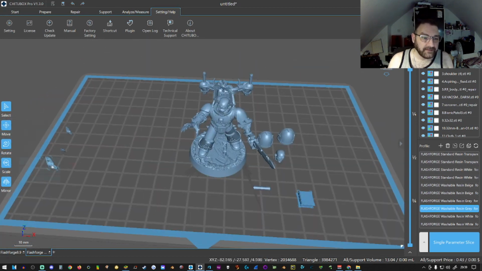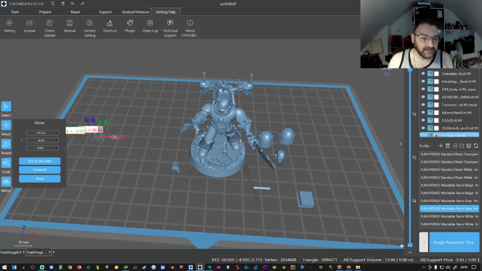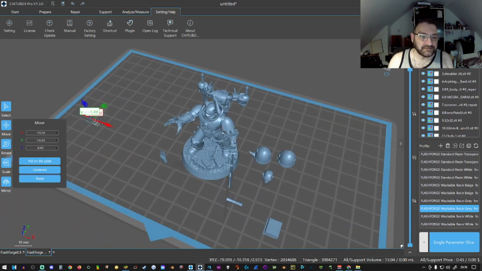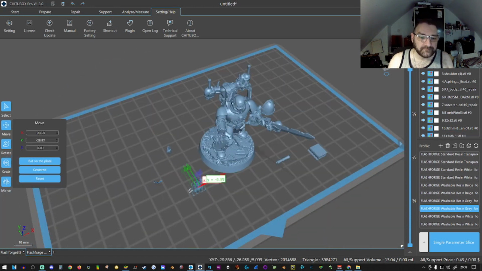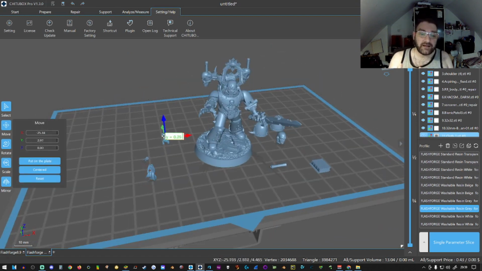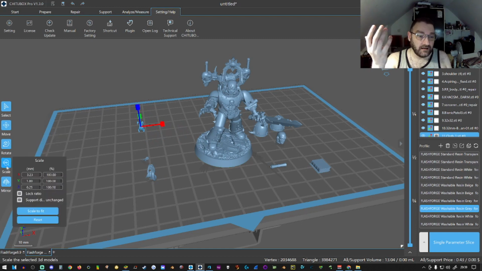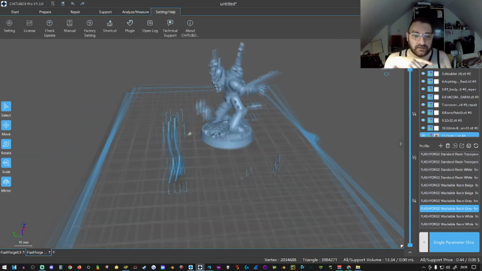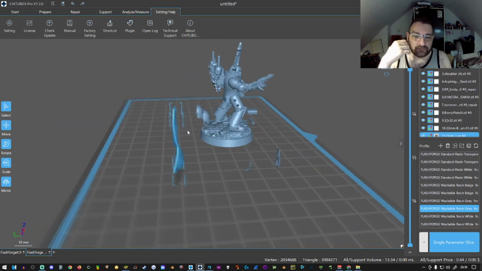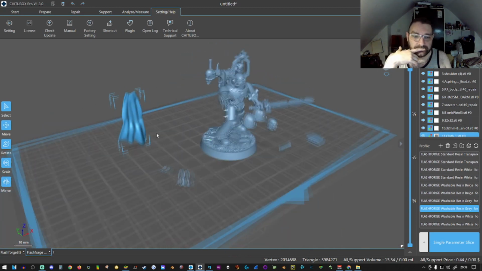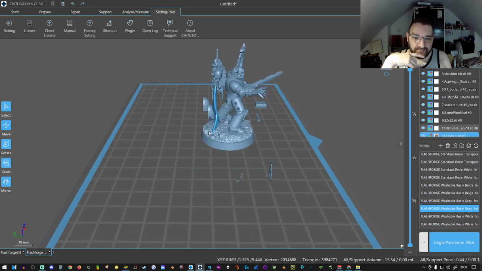Now over here, you're probably thinking, what are these things? These are out of scale cloth. I purposely grabbed them to show you guys the power of the scaling option within Chitubox. So all you've got to do is hit scale and then drag it up to the scale that you want. Now, do we want this as a loincloth or do we want this as a cape? Let's see. If we have it as a cape,